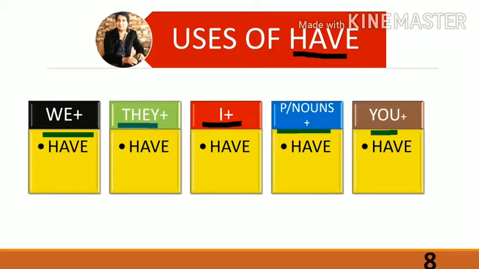That means you have written, you have driven the car, you have played the game. So you can write sentences like this. You can make 1,000 sentences by using such kinds of structures. If you understand where to make use of have and where to make use of has, and you differentiate these things, then you can write very easily.